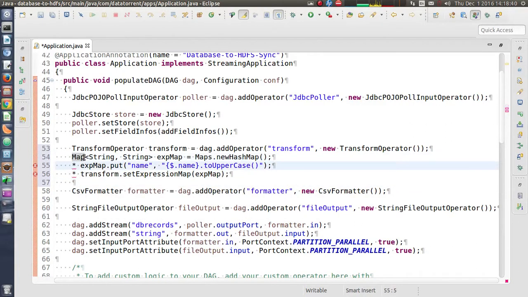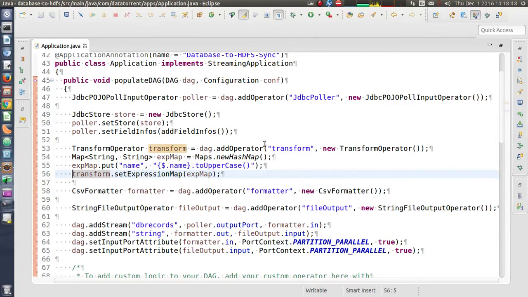Transform operator is basically used for transforming some of the fields in the incoming object. For example, here we have this expression map.